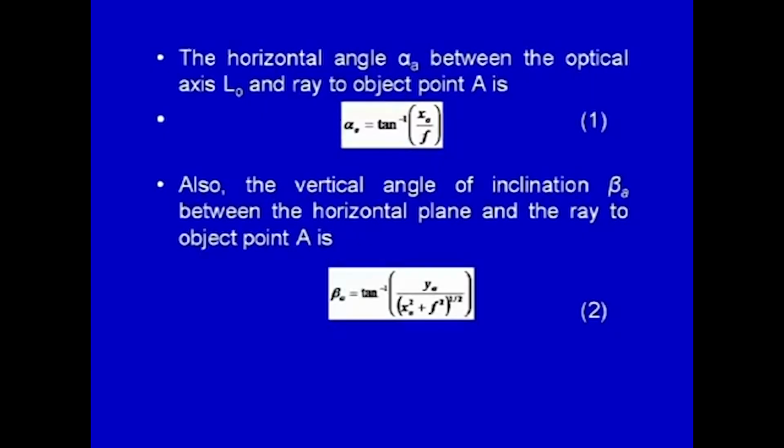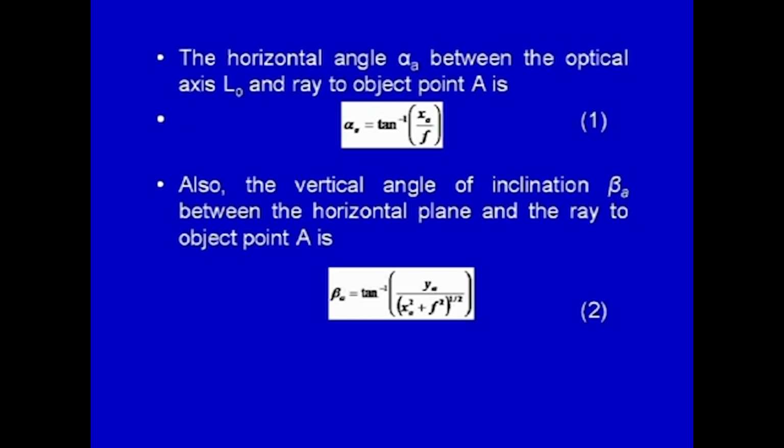We would like to find out what is the horizontal angle between the camera axis and the point A. If we see here, the horizontal angle, as a matter of fact, is the angle made by the point with respect to the photo center of the terrestrial photograph at the exposure station. So, let this be the horizontal angle for point A, alpha A, between the optical axis L O and